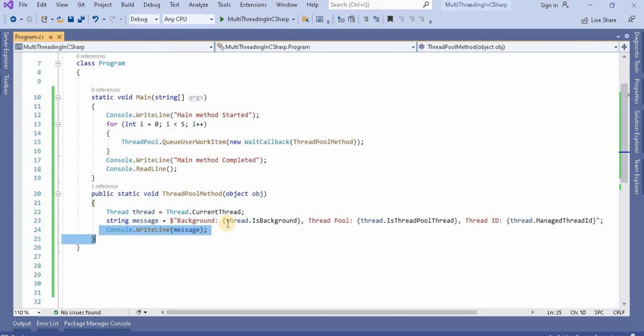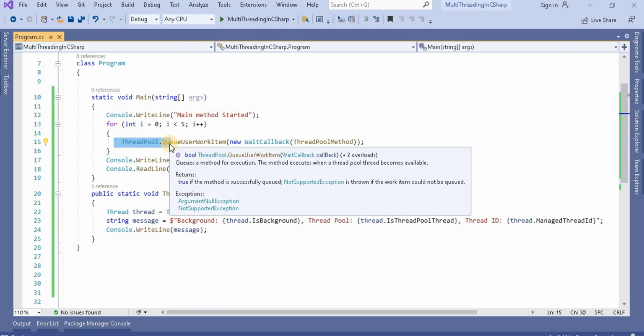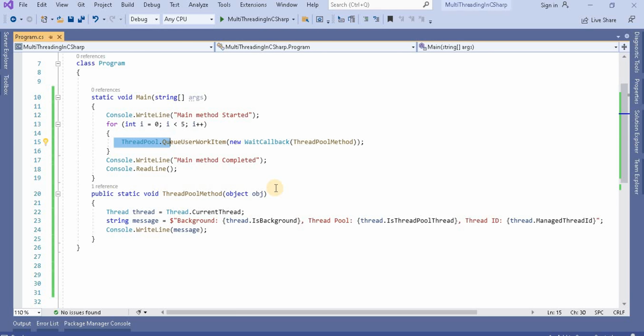We want to execute this method 5 times, so we use a simple for loop and call that method using the ThreadPool class. Through the for loop we are doing this operation.